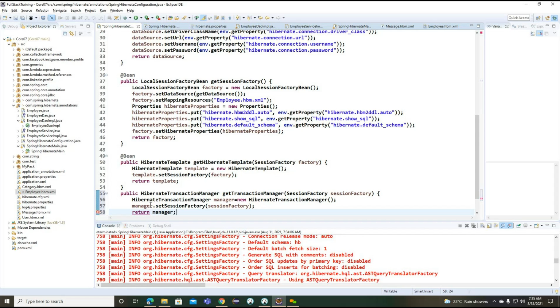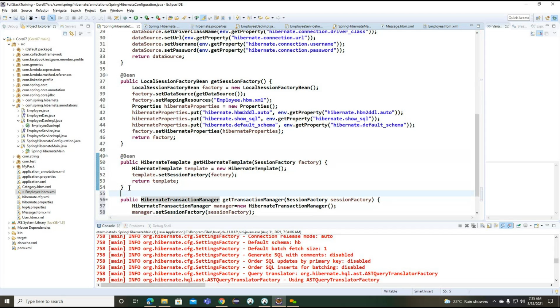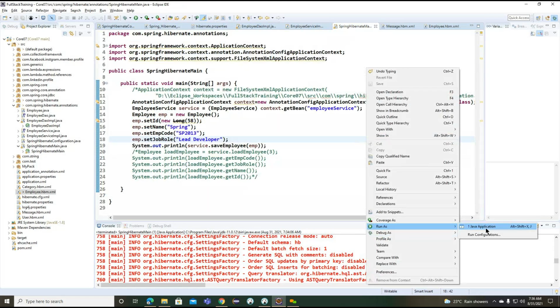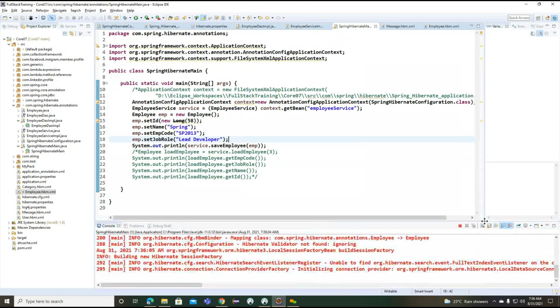Return manager. Finally, we'll create a @Bean on top of this particular transaction manager. Okay, we'll come back to the main class, and we'll try to run our application.